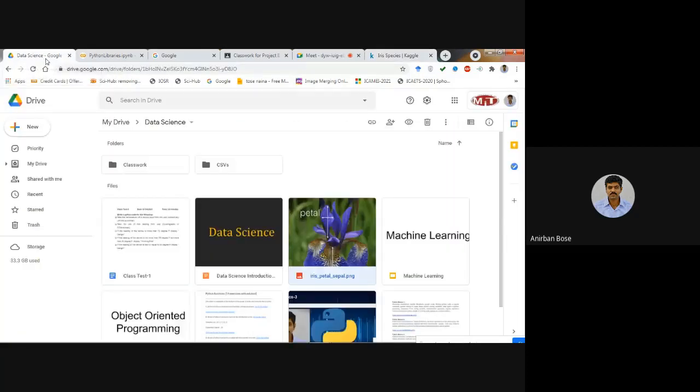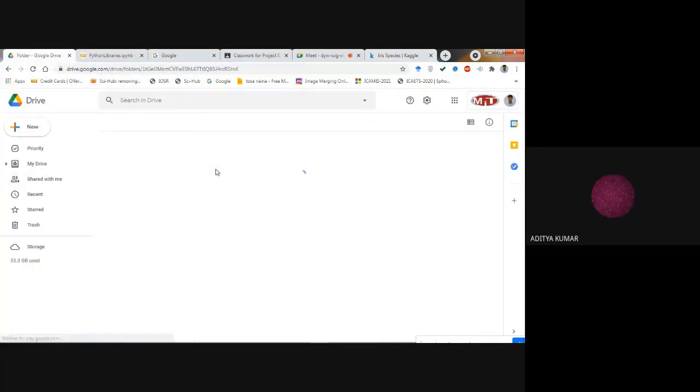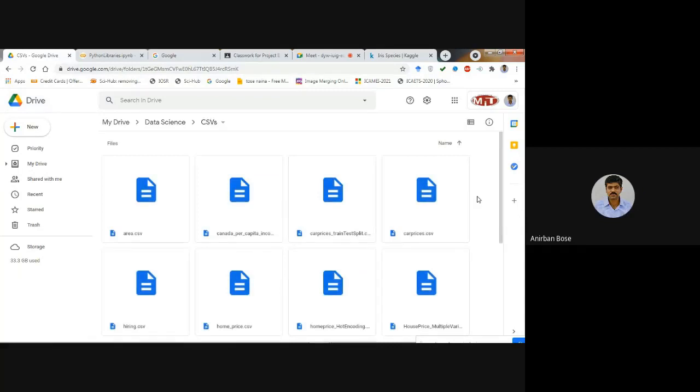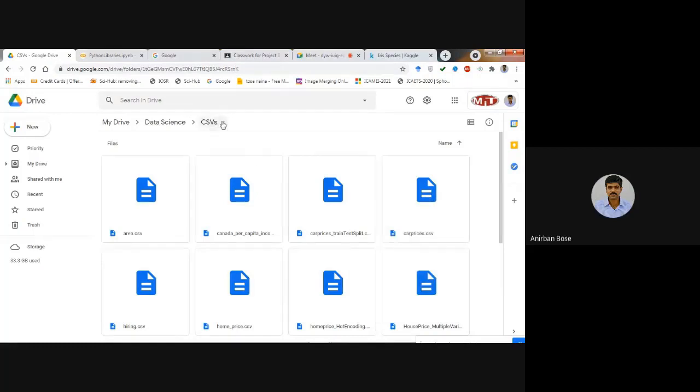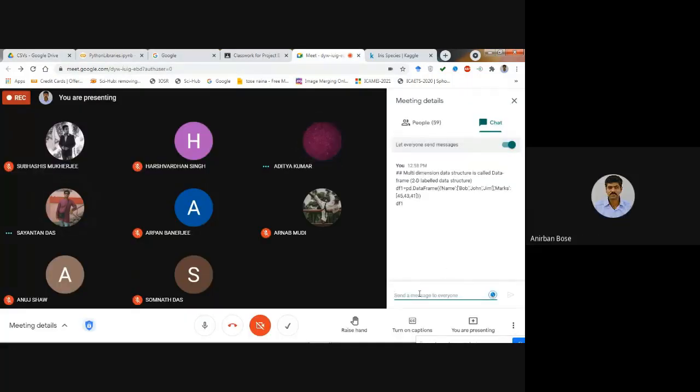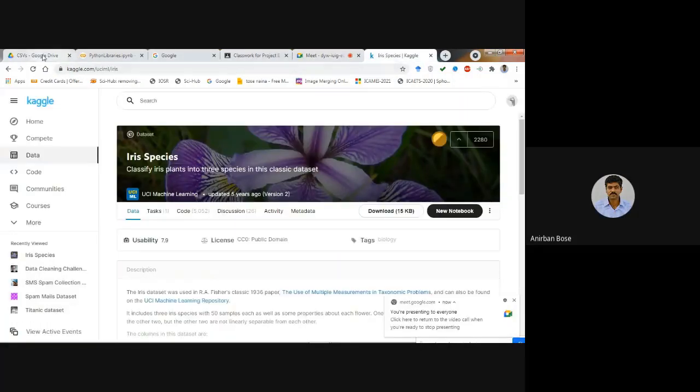So go to My Drive, open CSV, and then right click there and upload file. Click on upload file and select that particular file where you have downloaded it and upload it within CSV, within data science. After that, you see carefully.